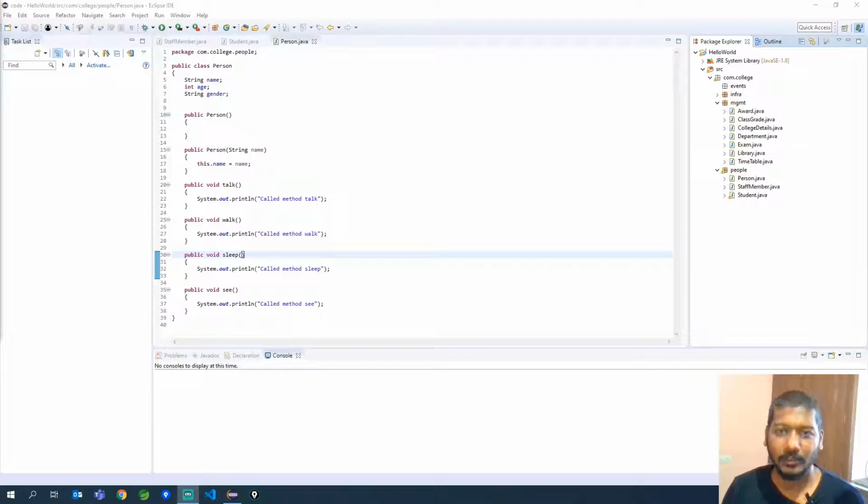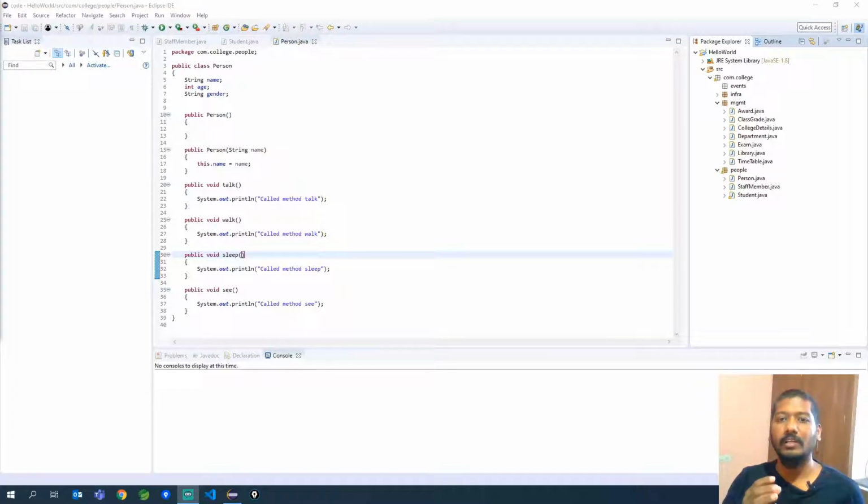In the last video, we saw how we can inherit one class from another class. One of the important reasons is that you can reuse the code. You need not maintain the code in multiple class files, and you can also have multiple classes using the same parent class. Thereby, you can give different functionalities to each of the subclasses.